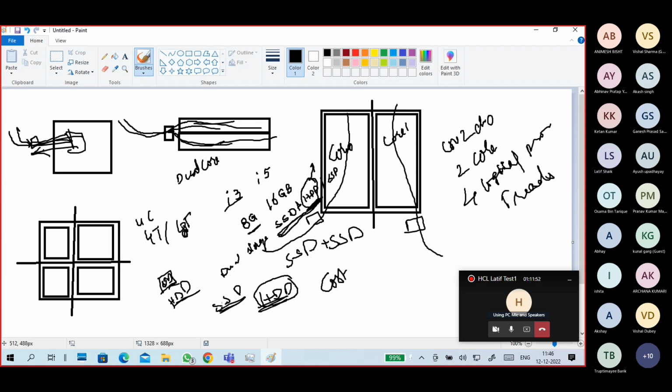So you take a 1 terabyte hard disk, 1 TB. The cost is around 3,000 to 4,000, maximum 4,000; 3,500 you will get it. What you are saying is,